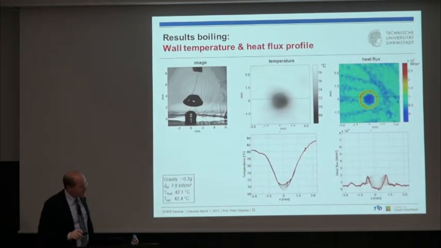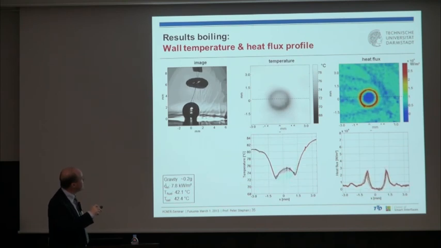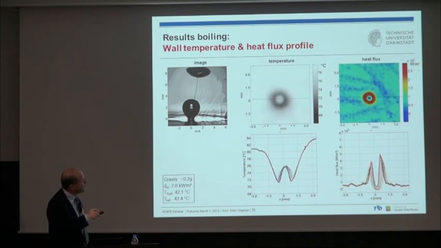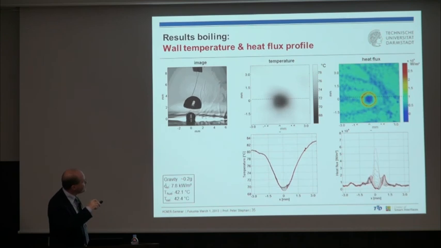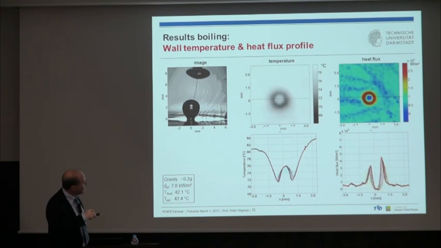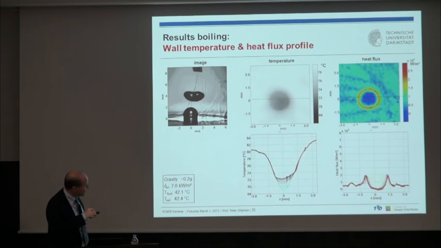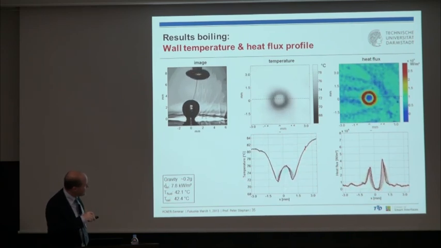This is also what we see with our two cameras in the boiling event. So here the temperature profile and here the heat flux profile. And if I plot the temperature and heat flux along this dotted line here, I see the following. When the bubble is initiated, it's strongly cooling here, strong delta T near the nucleation site and the surrounding.